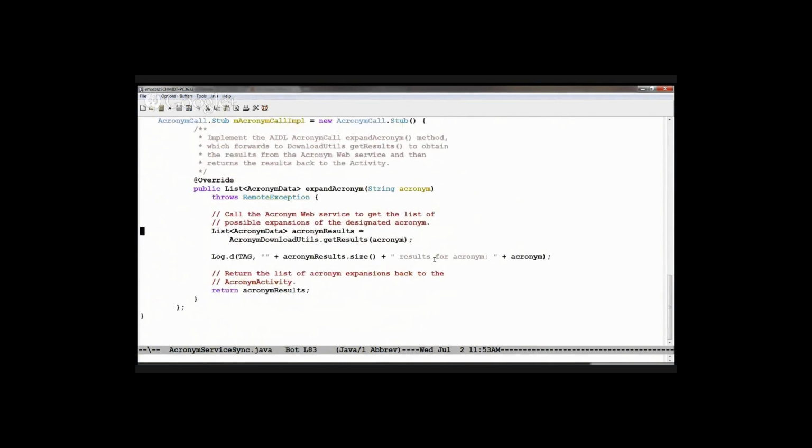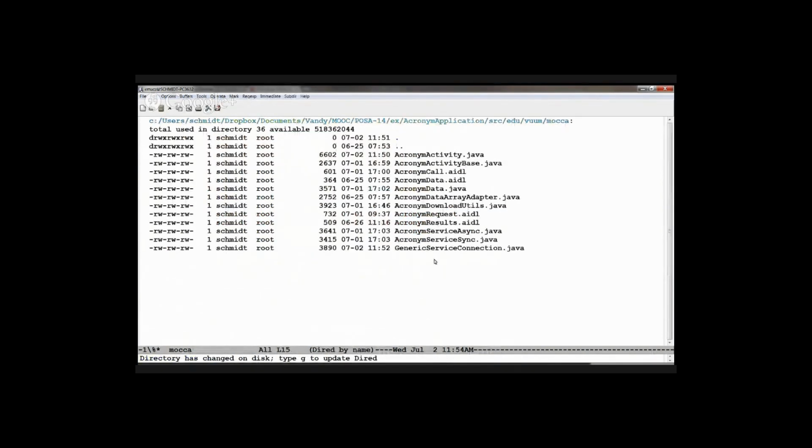And then this method goes ahead and calls into the acronym download utils library and calls the get results method, which we'll look at in a second, which gives it back a list of acronym data, which it then returns. So this call will run synchronously in the service out of a thread in the thread pool. So you can see it goes ahead and contacts the service, and then it returns the results. If we take a look at acronym download utils,